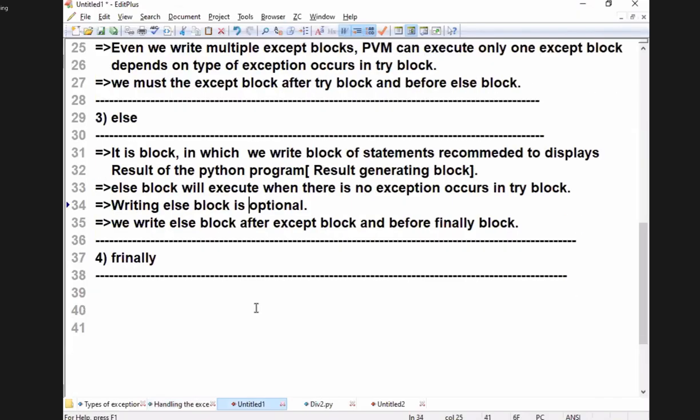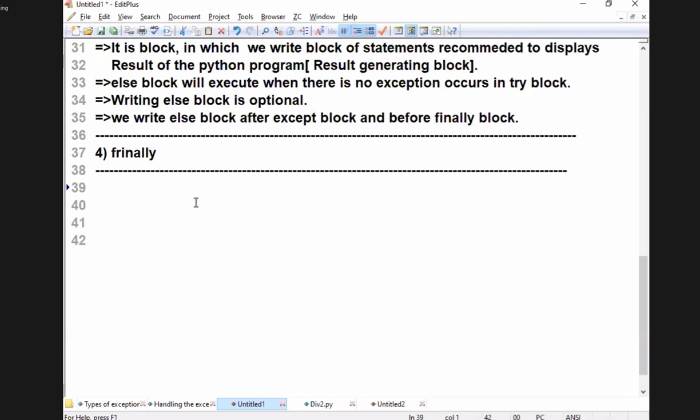So coming to the point of which block now? Finally block. Shall we start? Yes. So try to understand why the finally block is the finally block. I am going to write some four points there. First of all, is writing the finally block optional or mandatory? Students in the online class, is writing the finally block optional or mandatory?